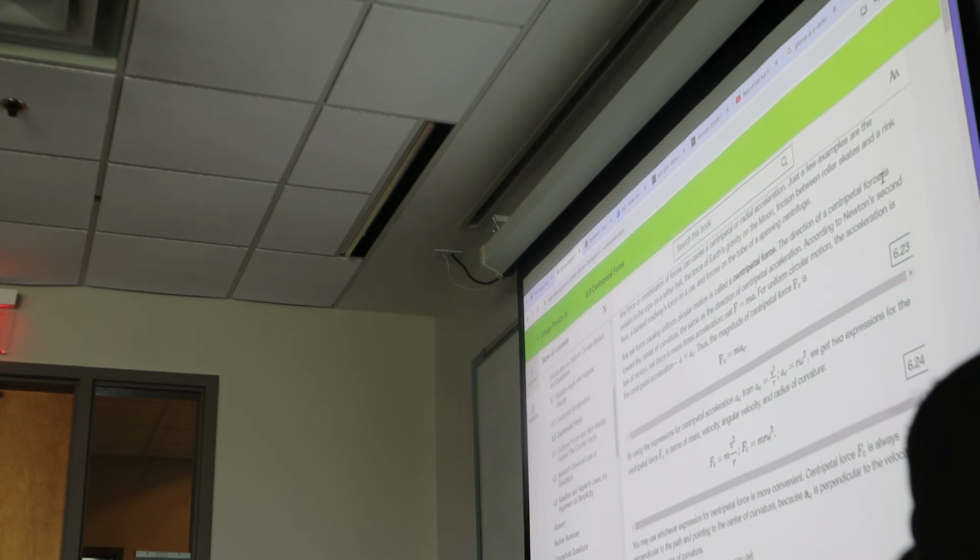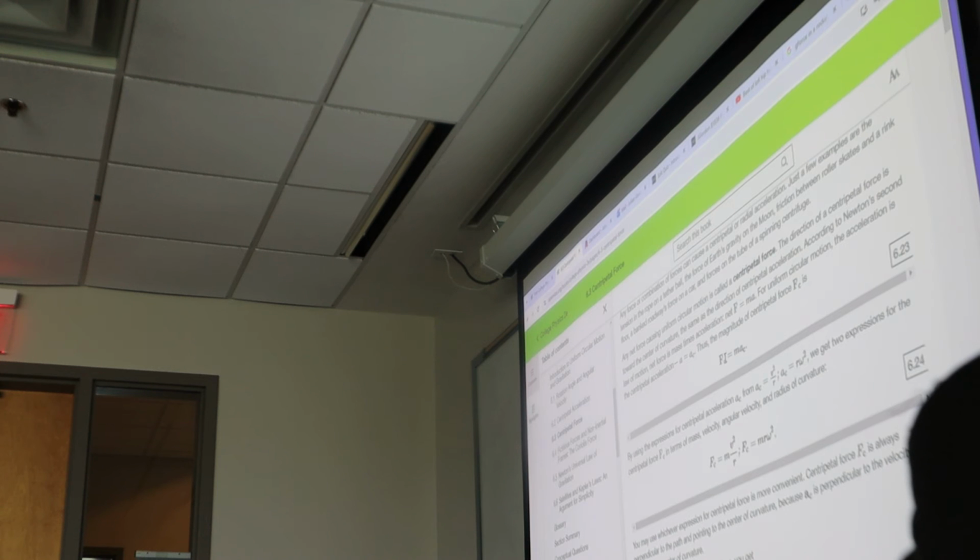The direction of a centripetal force is always toward the center of curvature, the same as the direction of centripetal acceleration. According to Newton's second law of motion, net force is mass times acceleration. Net force equals mass times acceleration. For uniform circular motion, the acceleration is the centripetal acceleration. Thus, the magnitude of centripetal force is